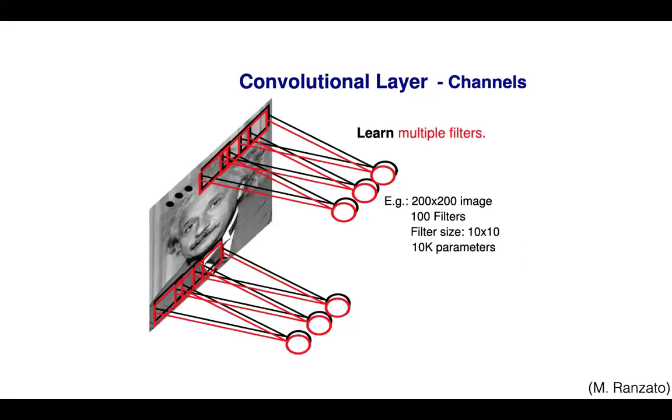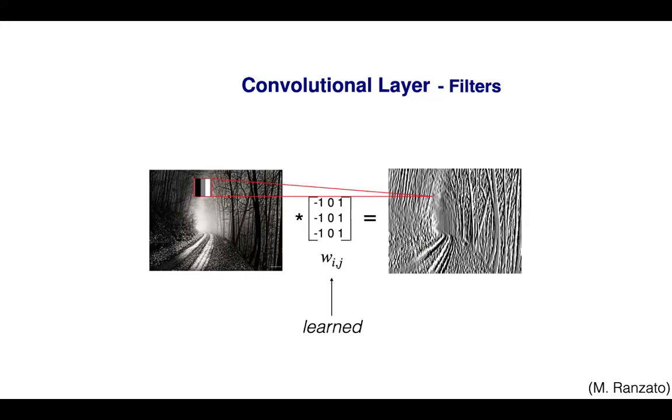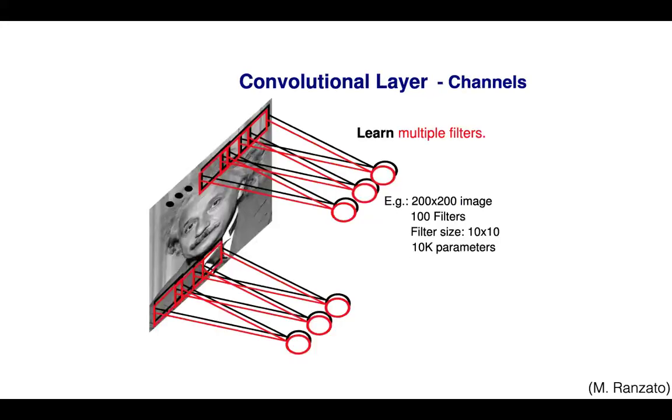But in that sense, this is just one filter. And then a convolutional neural network has many filters, so it has different channels. One channel can detect horizontal edges, another vertical edges, and so on. And so in a convolutional neural network, one layer is going to learn multiple filters at some hierarchical level in terms of semantics, right? And then here we see how this scheme is very efficient, because if you have